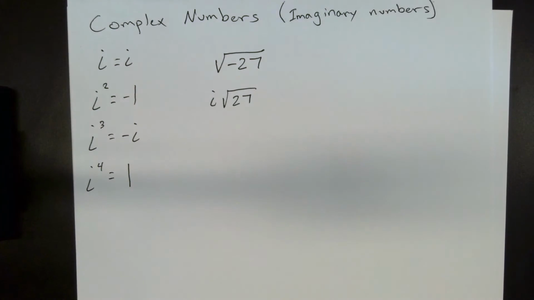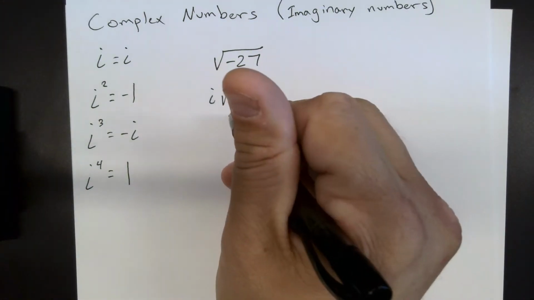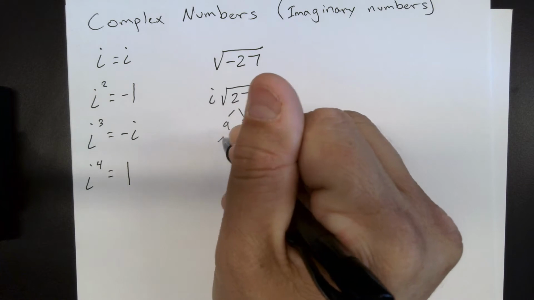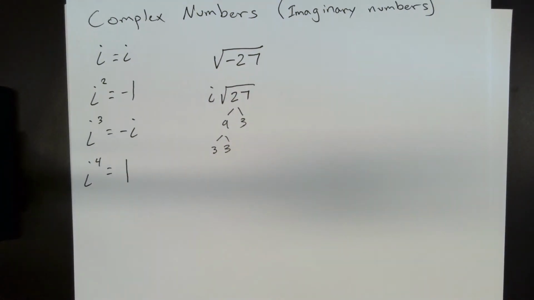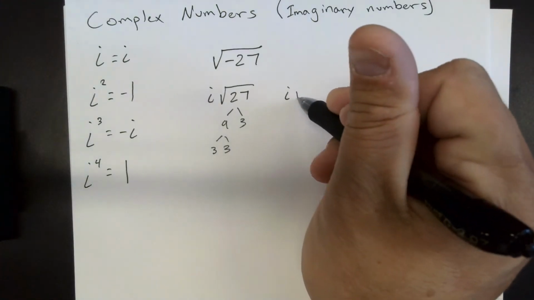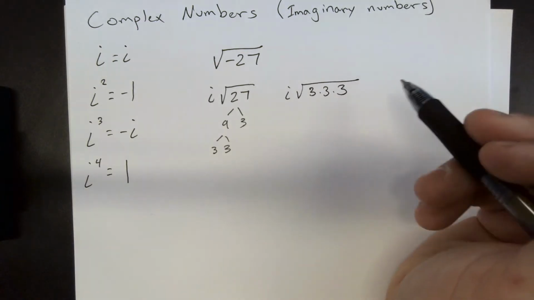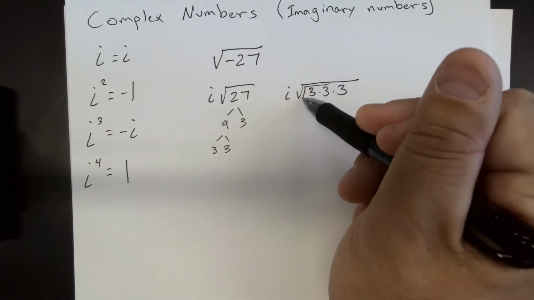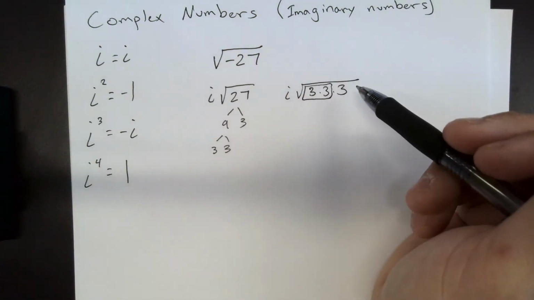So once again, anytime you square root a negative number, an i will come out. Okay? And then we're going to do it like we did last year, and you guys have done in algebra for all the years. We're going to simplify this radical by finding numbers that multiply together to be 27 and factoring them down to their roots. So underneath our square root, we're going to have a 3 times 3 times 3. You're going to find your pairs, so we have a pair of 3's. Remember, as soon as you find a pair,